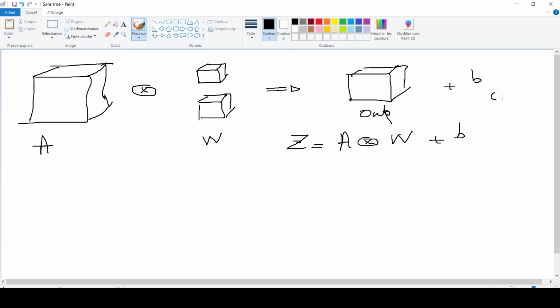This is why we have 1, 1, 1 and here the dimension of the number of filters. So this is my Z. This is for the forward propagation.